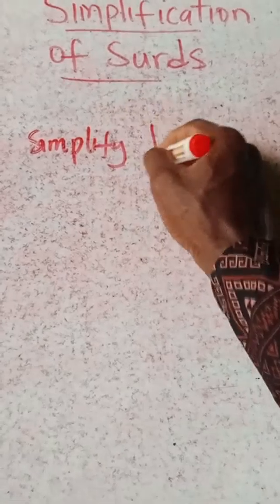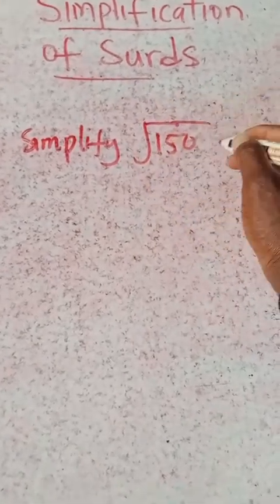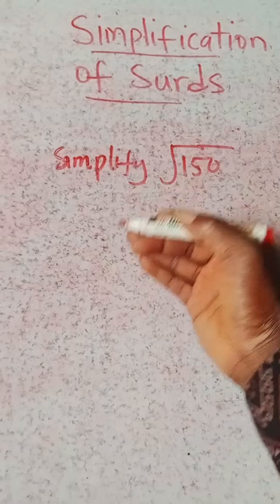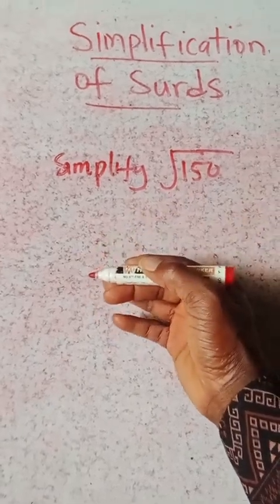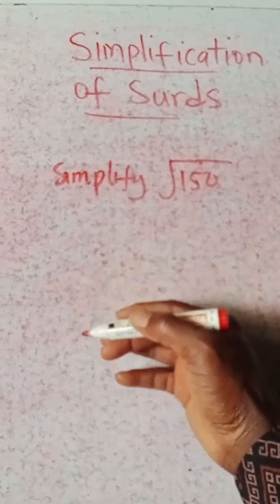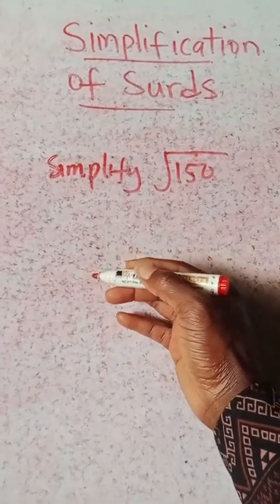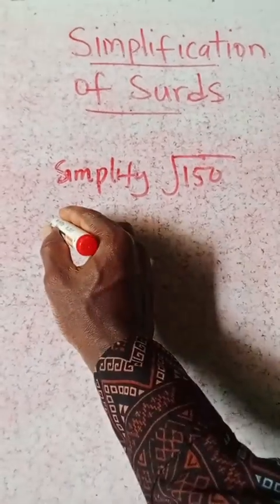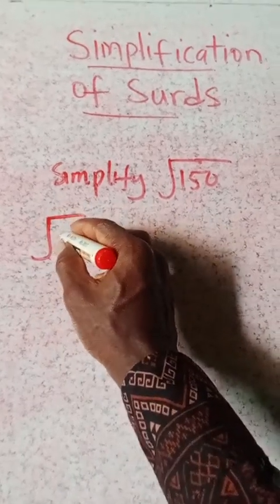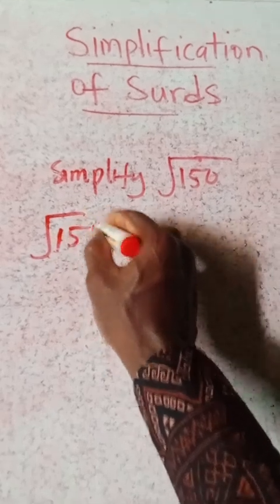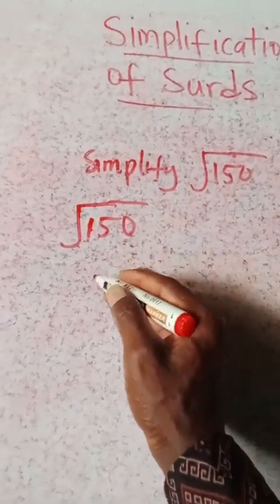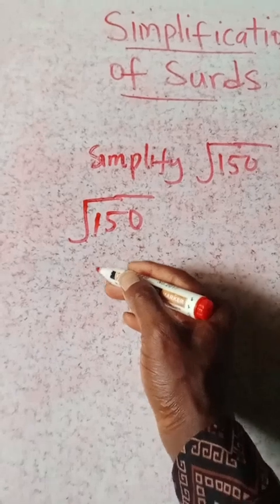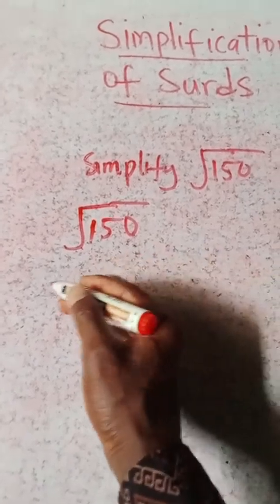root 150. How do you do it? You just reduce the number. You look for the multiples of 150 and then put them in a root. So when we are asked to simplify root 150, we look for two numbers that when we multiply will give us 150. And the numbers can be